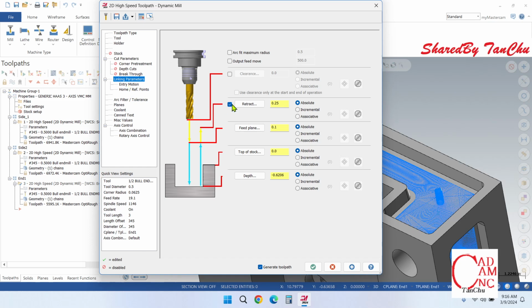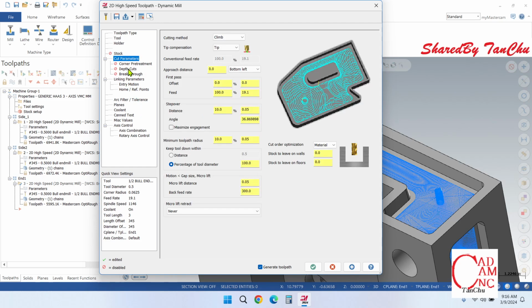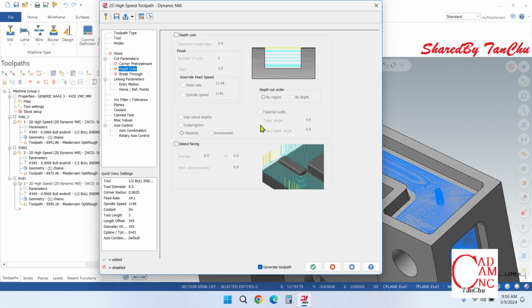We don't need it to be really critically precise, and we need to adjust the angle taper. It's over here,